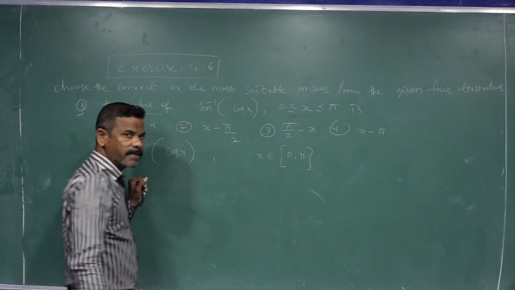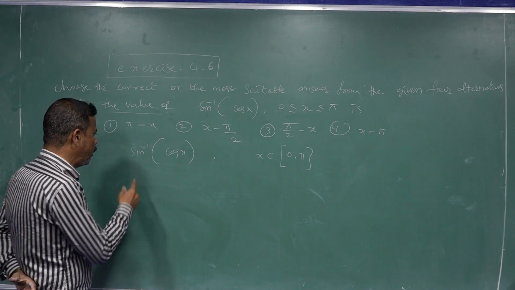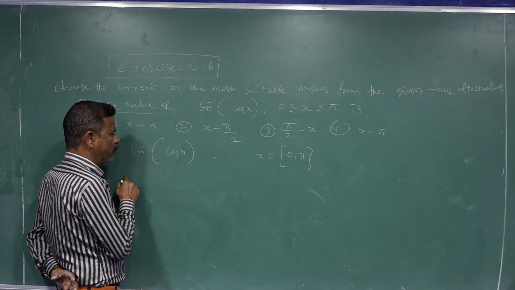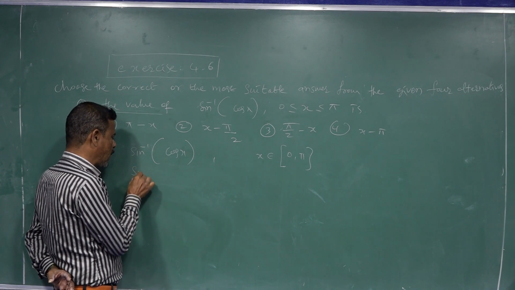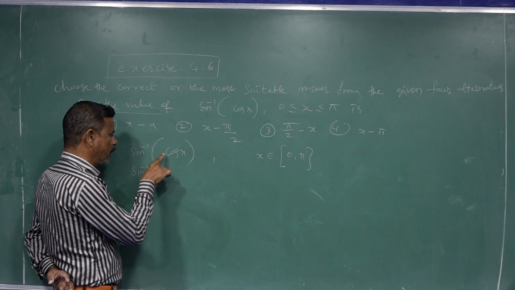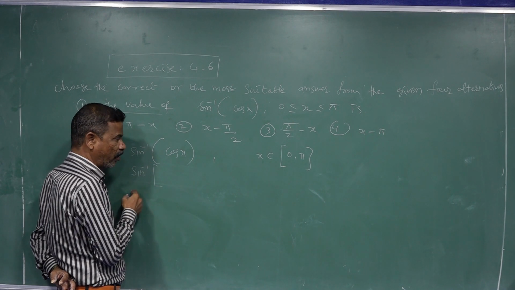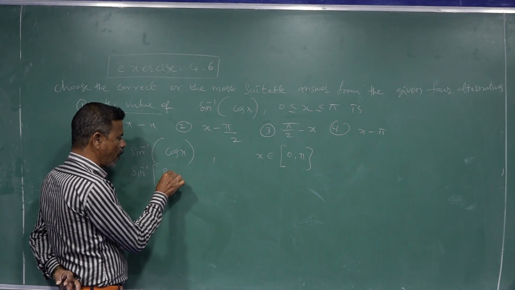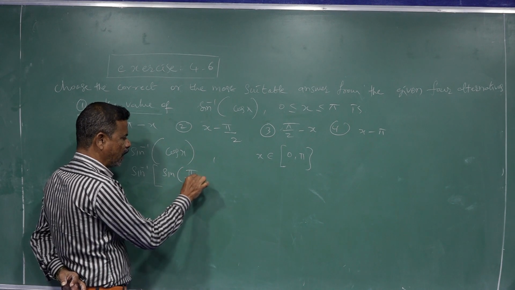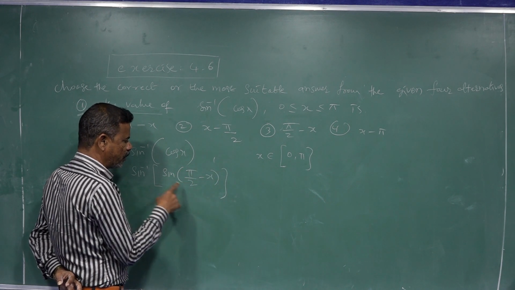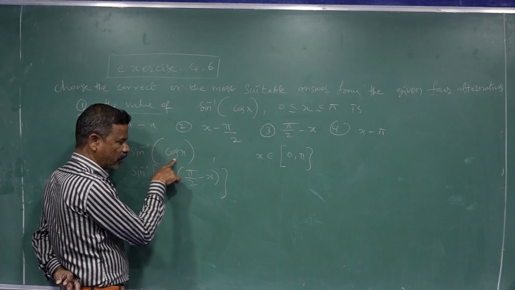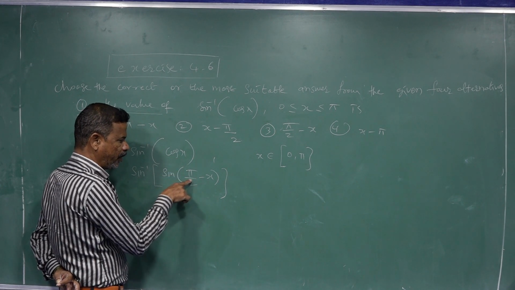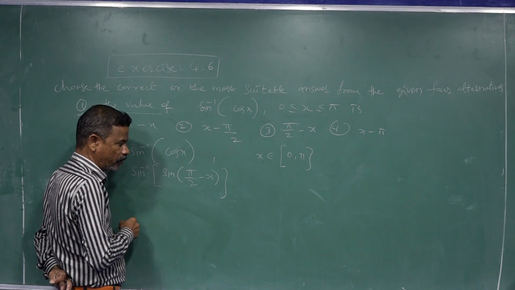Both meanings are the same. So sin inverse of cos x, how do we change this? This is written in terms of sin inverse. Here also we need sin, otherwise it is not cancelling. Sin 90 minus x, suppose we write like this. Sin 90 minus x is equal to cos x. This is the first quadrant. Sin 90 minus x is cos x only.